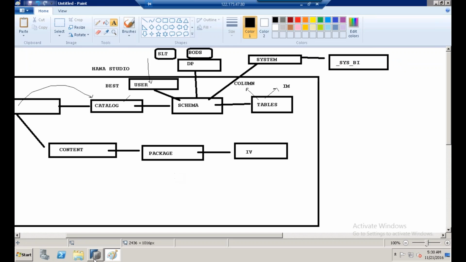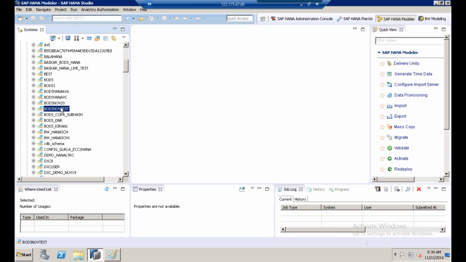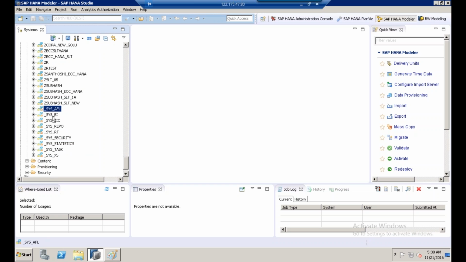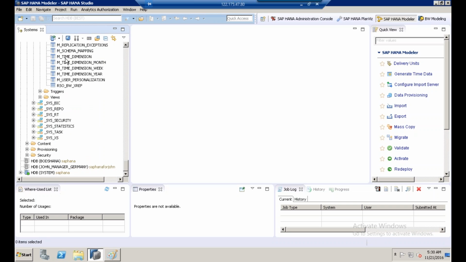So if we go back, let's go to _SYS_BI. Please see, all these are system-related schemas. BI, expand, tables. You find M_TIME_DIMENSION. All these are time-related tables. And then here you find _SYS_BIC. This stores all column views. So like this,